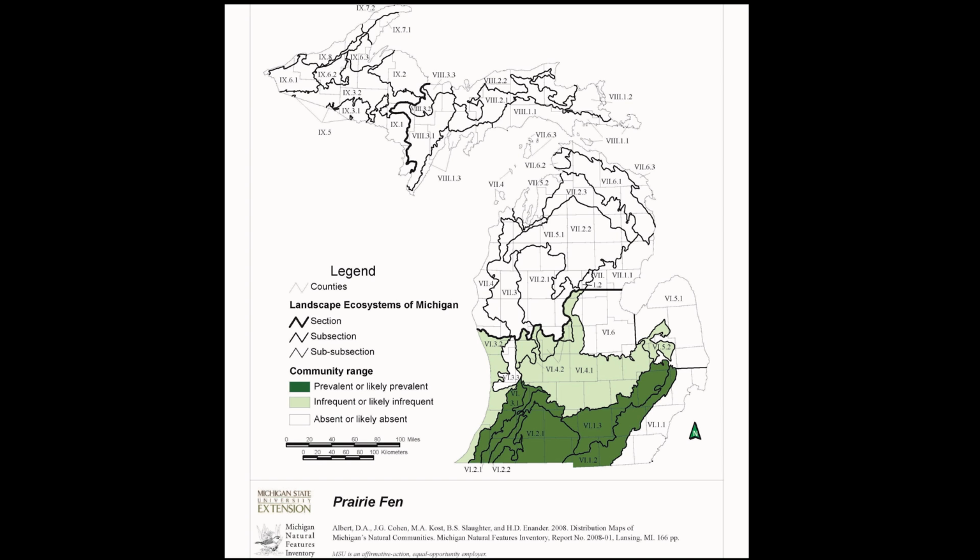As far as the broad landscape context goes, Prairie Fen differs from Northern Fen in that it is south rather than north of that climatic tension zone, and they are more interior than coastal fens, which occur along the shorelines of the Great Lakes. Prairie fens tend to occur in the glacial interlobate region of Michigan's southern lower peninsula. This is where the lobes of the glaciers came into close contact, and you have broad outwash plains with the meltwater rushing off of the glaciers, and then you get these islands of coarse textured end and ground moraine that got pushed up under the weight of the big sheets of ice, and ice contact ridges where there were streams flowing through